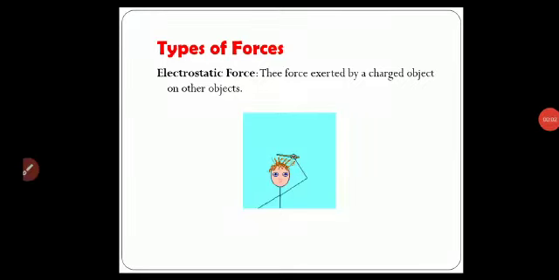The next type of force is electrostatic force. The force exerted by a charged object on other objects. In olden days, it was believed that amber gets charged when rubbed with other materials and attracts lighter objects. Can you see in this image, there is a girl who has just taken a comb,